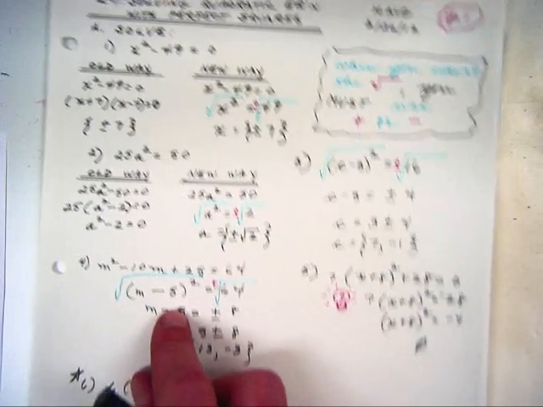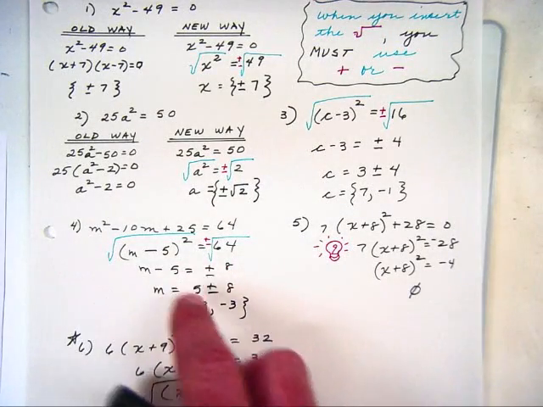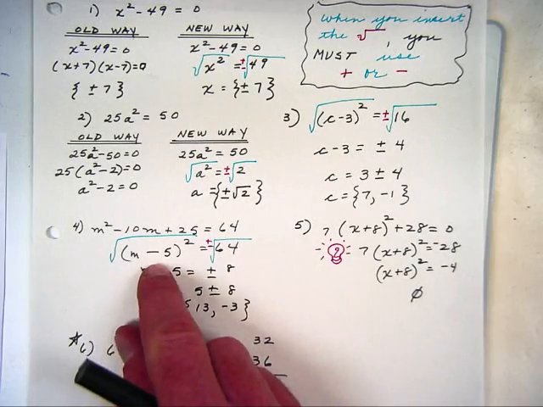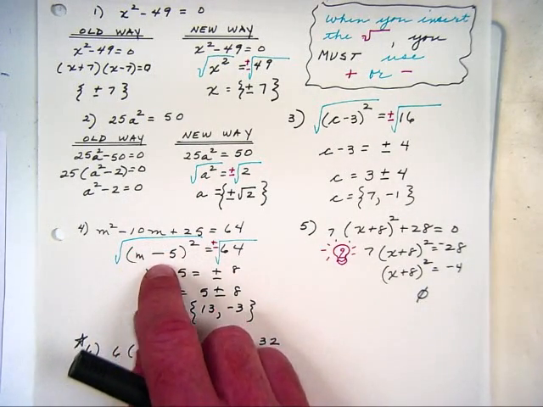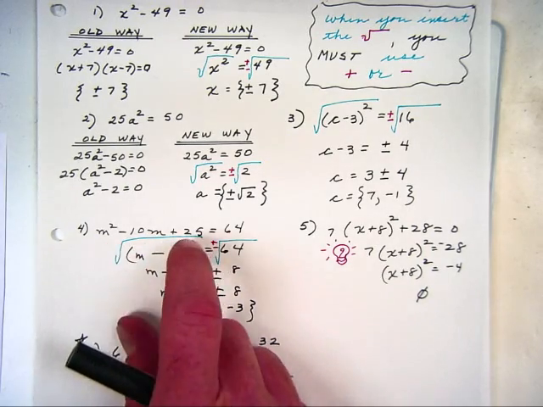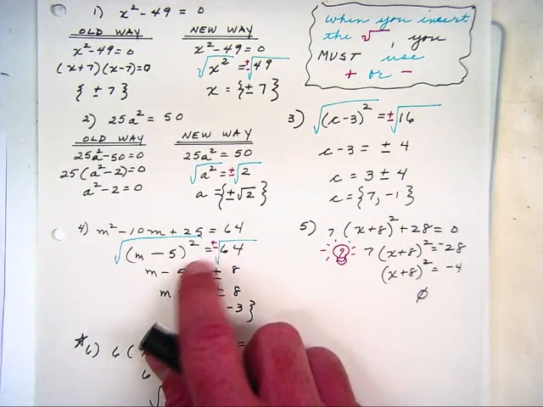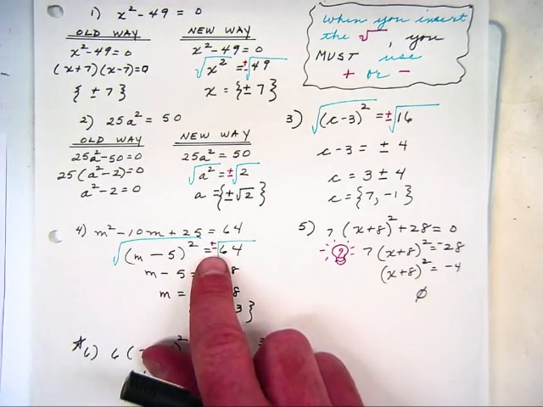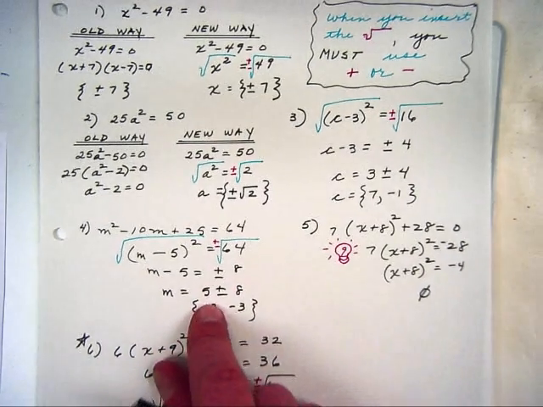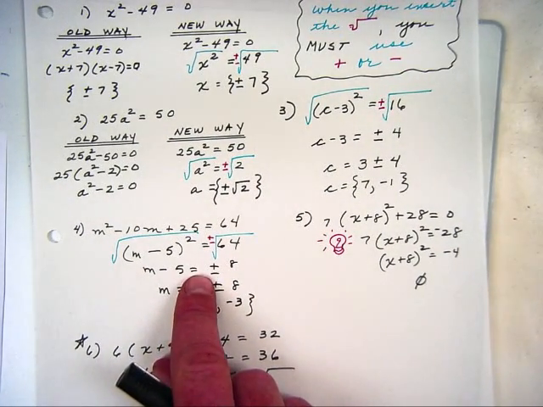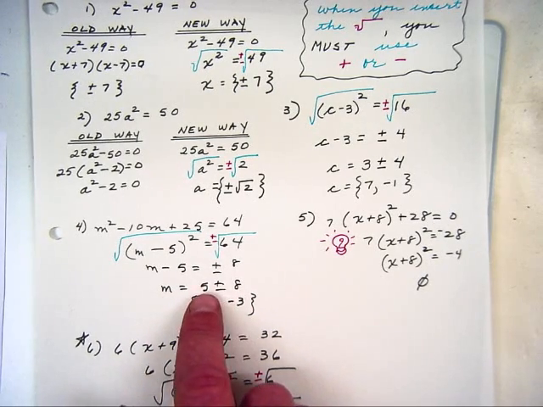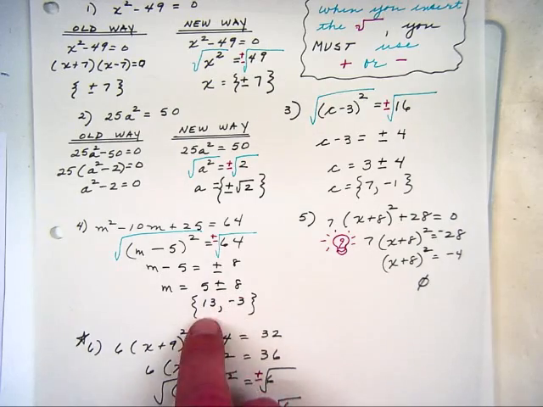If you had something like this, which looks like it's a perfect square trinomial, so she factored it to m minus 5 squared. If you modified group this or whatever, you get m minus 5, which is the same as m minus 5 squared. Square root that side, square root 64. Again, because there was an m in here, you have to put positive or negative by your answer, so it's positive or negative 8. Add 5 on both sides. The 5 is going to go in front of this because our final answers are going to be 5 plus 8 and also 5 minus 8,